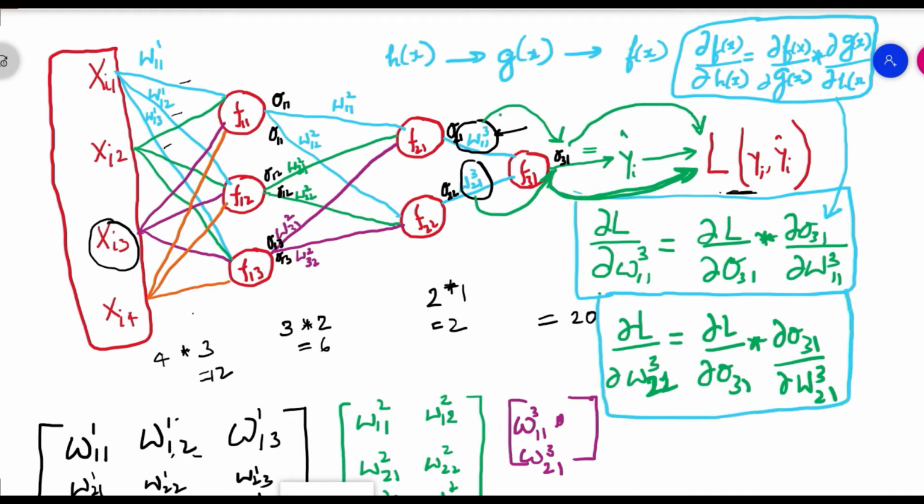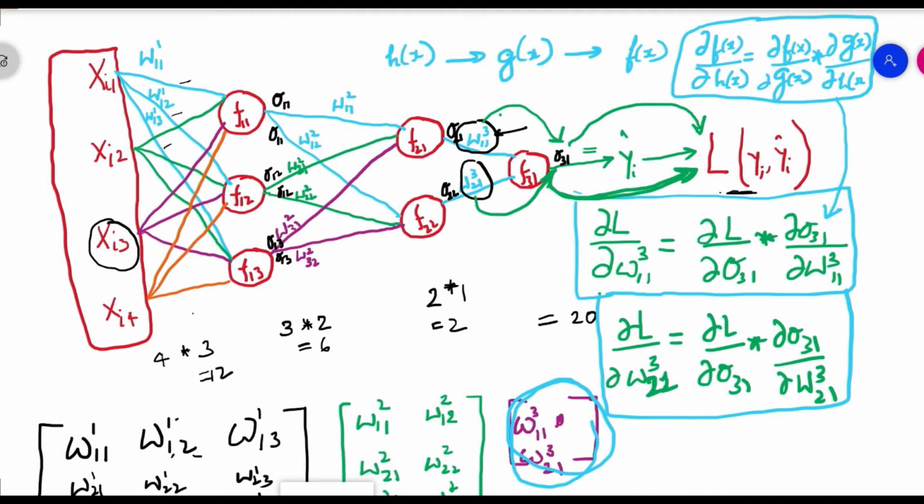So the weights in this region over here are these two weights, and we have found out the rate of change of loss with respect to these two weights. Similarly, we'll now come back to this region and find out the value of the 6 weights over here and how they will impact, and we'll find out the rate of change of our loss value with respect to these 6 specific weights.